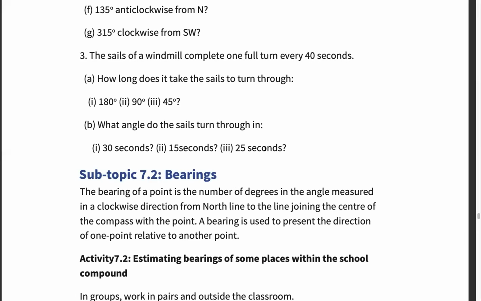Okay, girls, if there are no issues as far as that exercise is concerned, then I want us to look at subtopic 7.2, which is basically about bearing. And I want to hear from you, what exactly do they